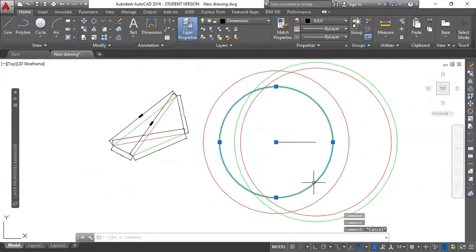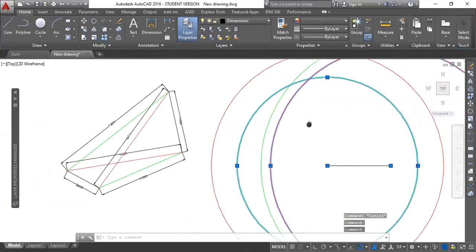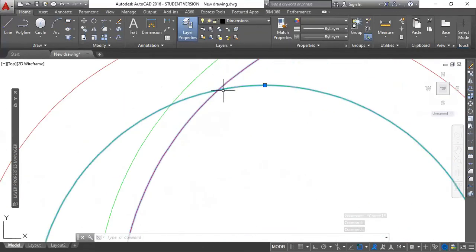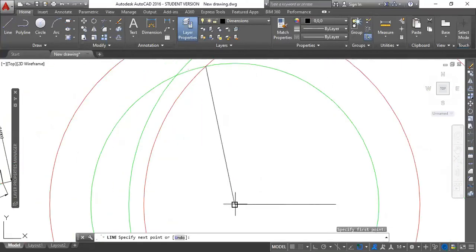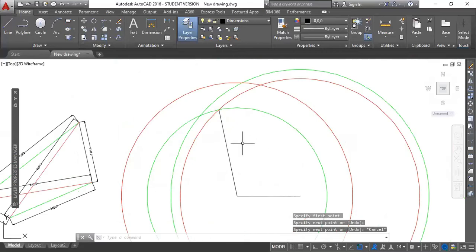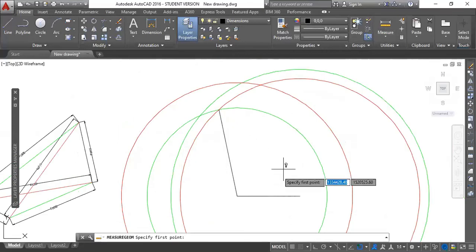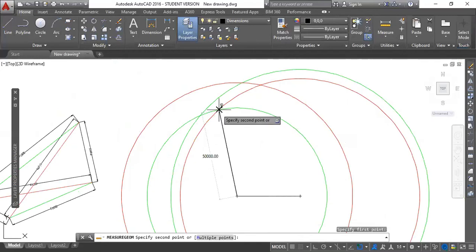This diagonal 66.57 meter and 50 meter, those two are intersecting in the same way. This is my 50 meter circle and this is my 66.571 meter circle. So obviously those are intersecting at this point. So you are already getting a reference point. So just join them. And obviously you know the length of this. You know that already. That is 50 meter.